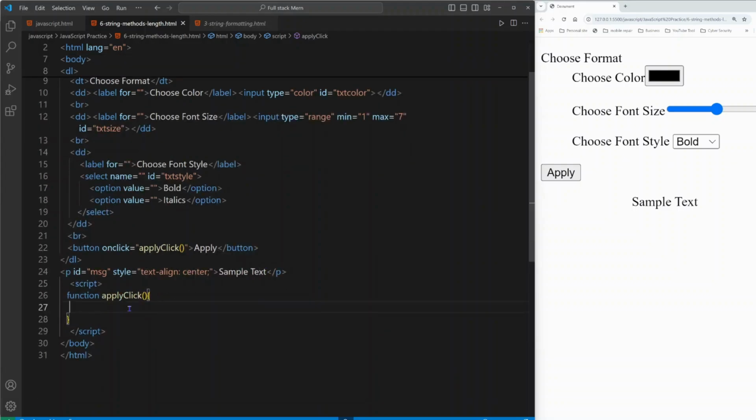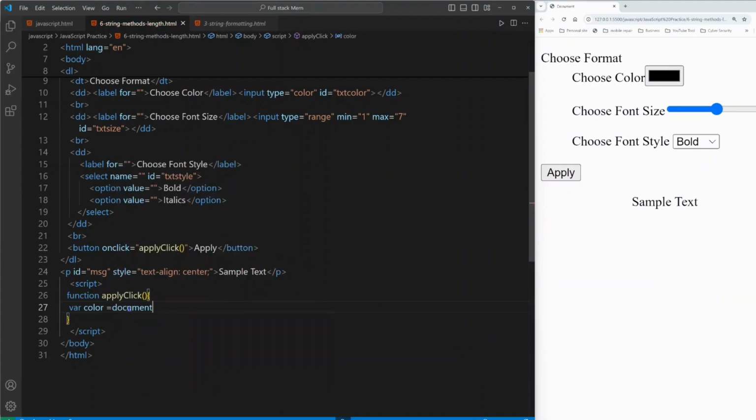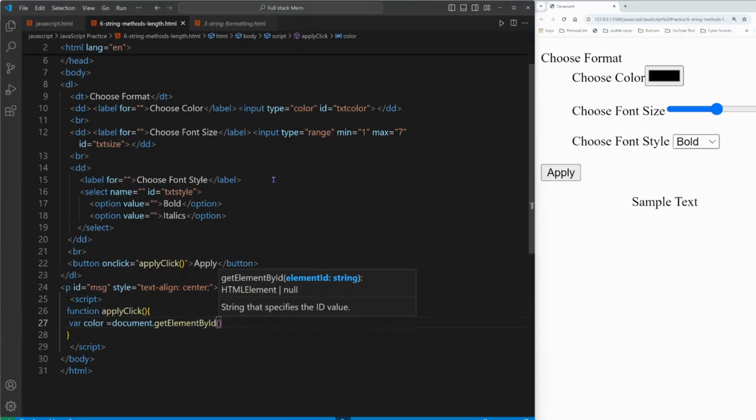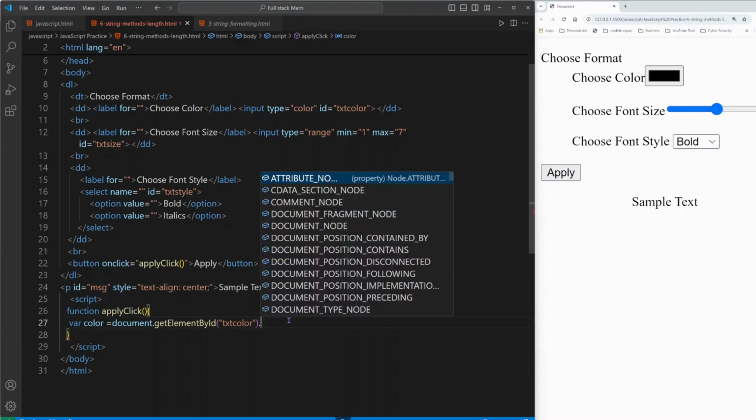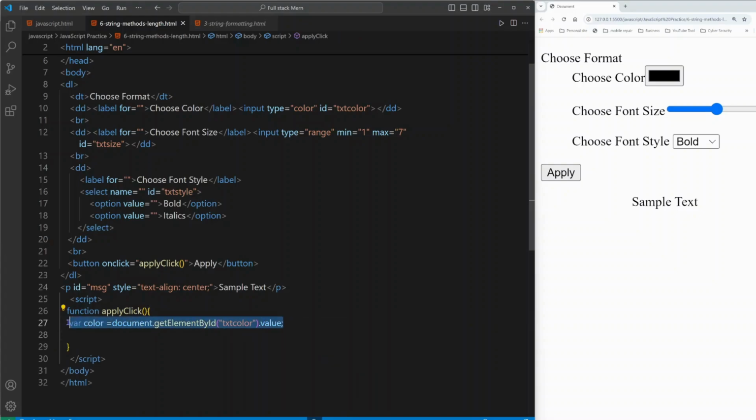So we can declare that variable, var, or we can say font, or we can simply write color equals to, so we have to get this element using document.getElementById. So what is the color id? Text color, this is the id. So we can simply write text color, and what we want from this is value, dot value. Okay, and next we can simply copy this,